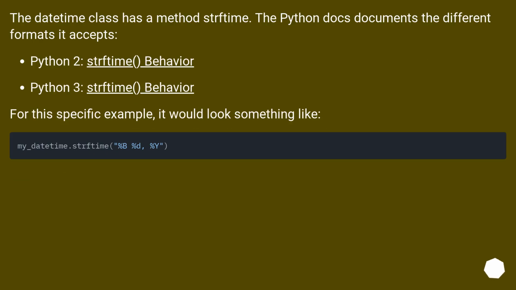The datetime class has a method strftime. The Python docs document the different formats it accepts. Python 2 strftime behavior. Python 3 strftime behavior. For this specific example, it would look something like